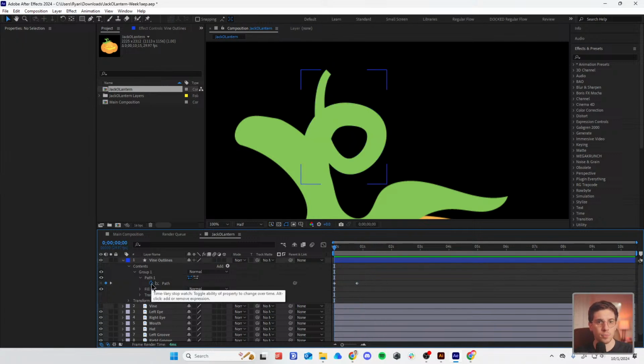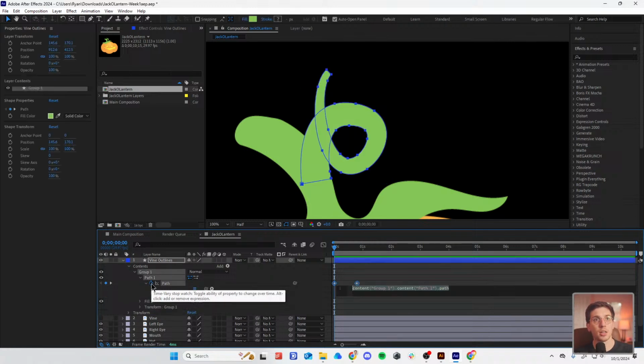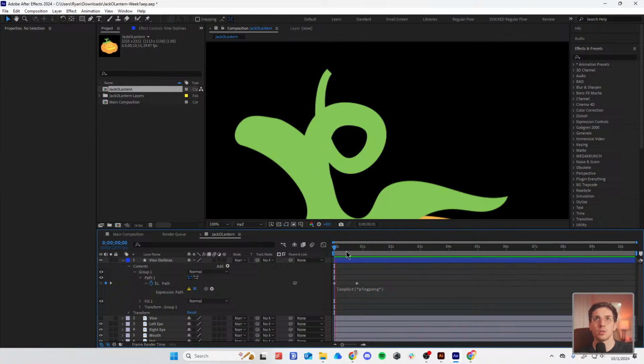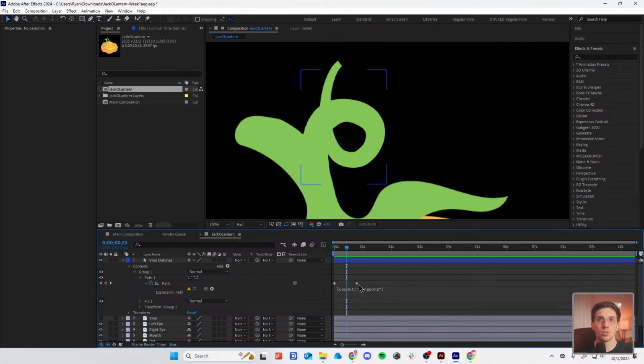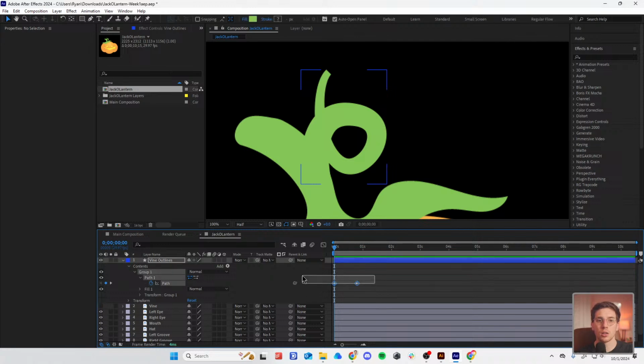We might come back to it later, but what I'm going to do is alt click onto this stopwatch. I'm going to say loop out, and then I'm going to say ping pong. And you'll see that it's actually not going to work, because it is a shape function. So what I'm going to do instead